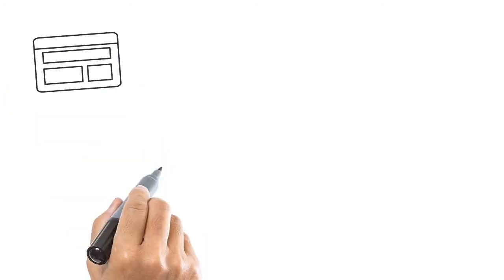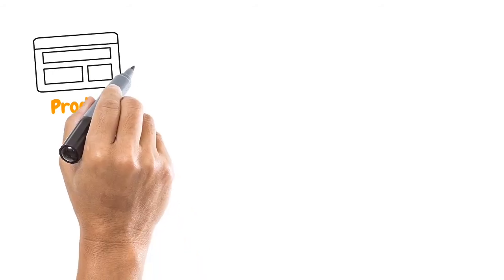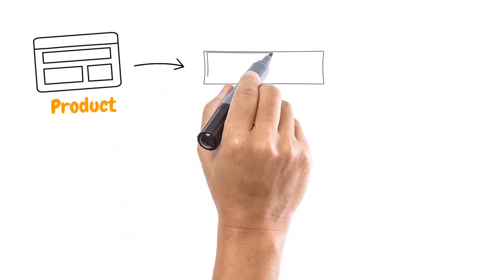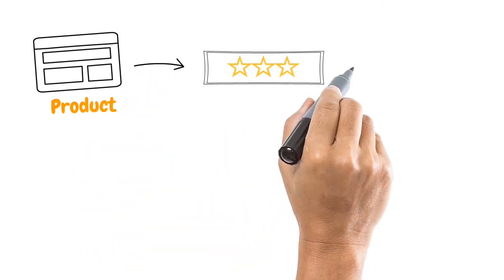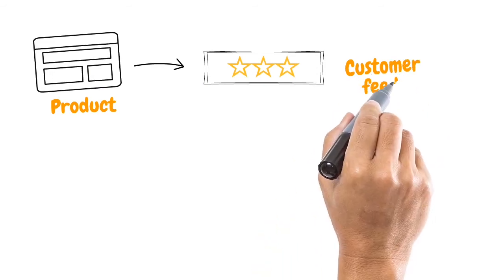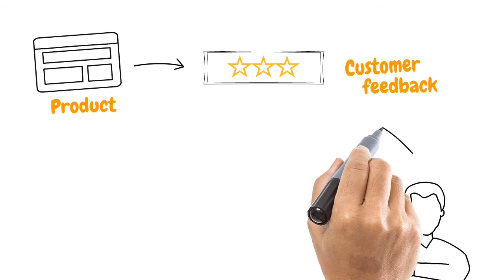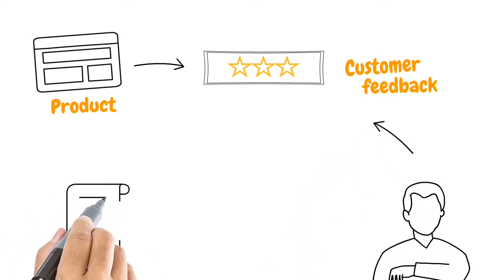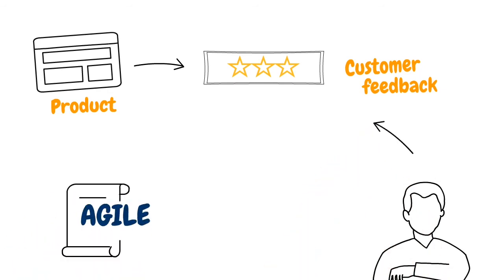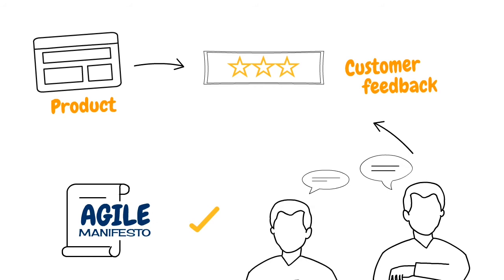This approach neglected the value of customer feedback during the project. When software is developed without the customer's constant feedback, the result is often a product that does not completely satisfy the customer's needs. That is why the Agile Manifesto favors customer collaboration over contract negotiation. Agile emphasizes constant feedback from the customer throughout the development process.